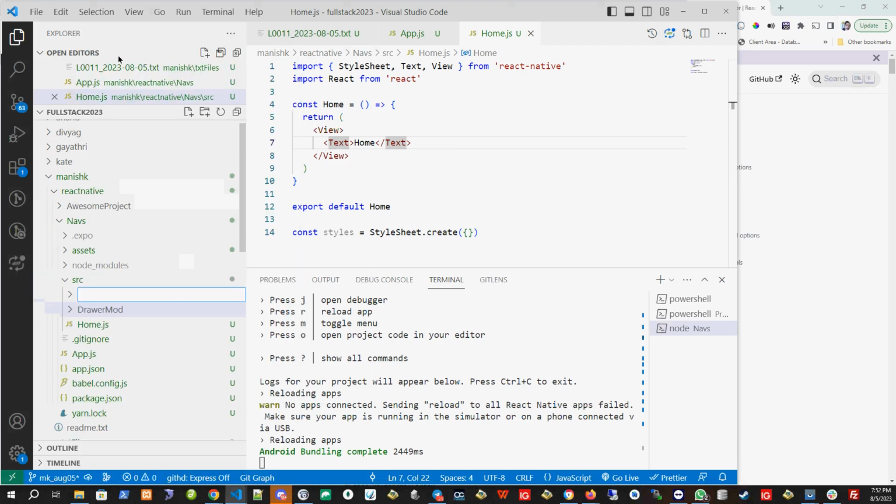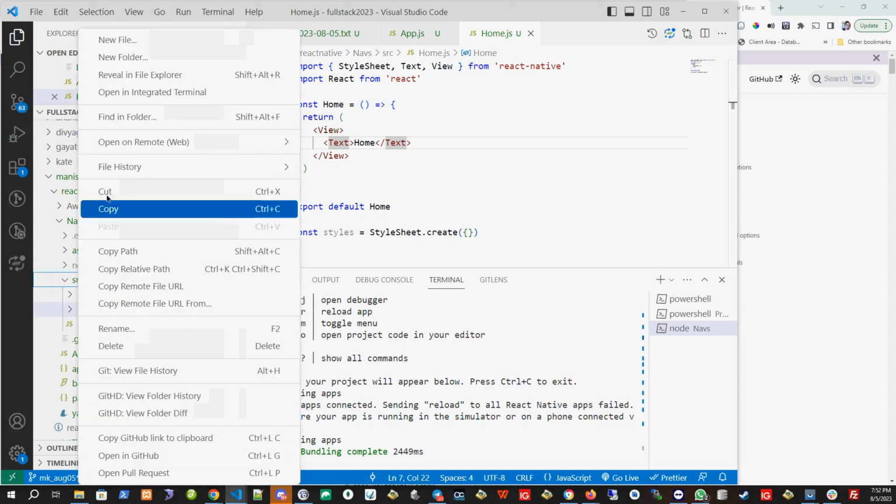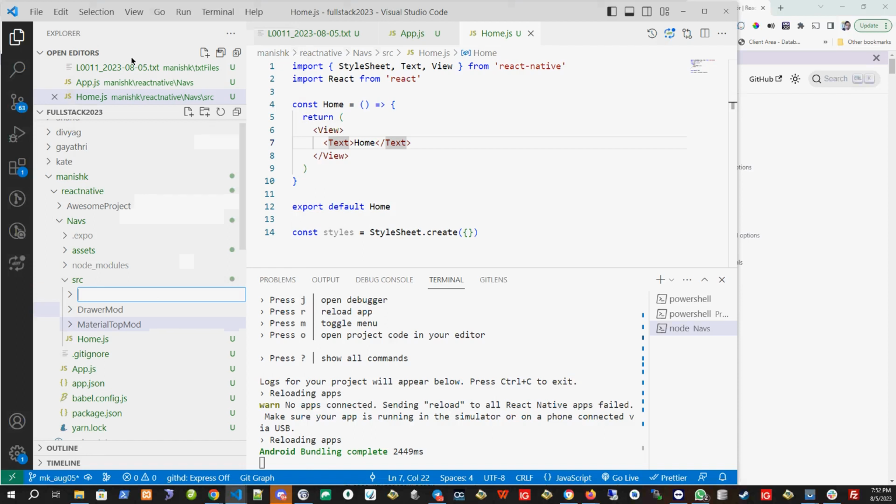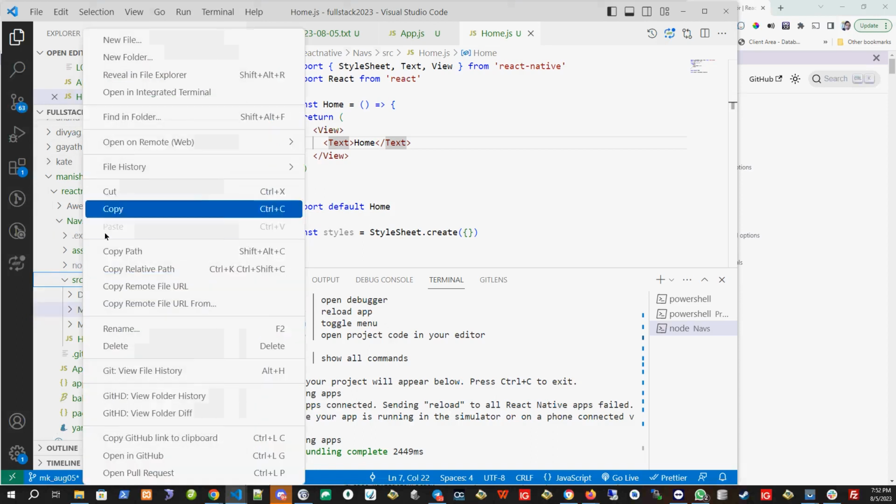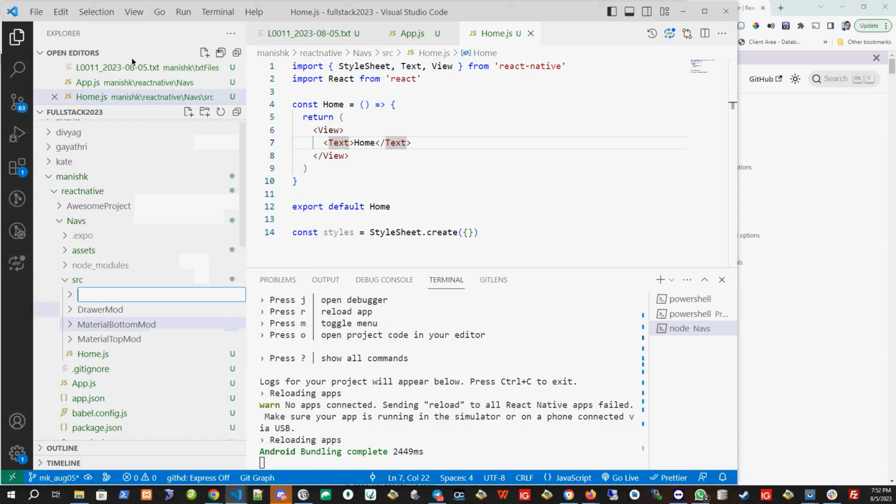Next will be material top mod, mod is something like module. I'm just saying you can rename it anything. Next is material bottom mod, and the fourth one last is